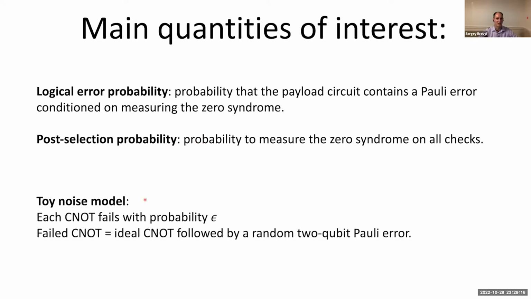And I will consider a circuit-based noise model. So we have some physical error rate epsilon, which is basically the error rate of CNOT gates. In the first part, I denoted it with P CNOT. So sorry, I'm not using consistent notation. And we allow errors everywhere, both in the payload circuit and in the Pauli checks, and assume that single qubit operations are ideal.